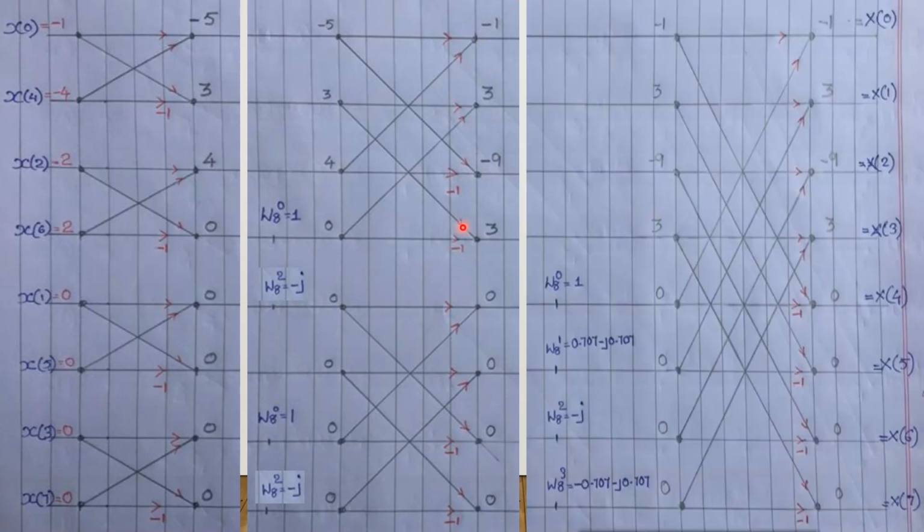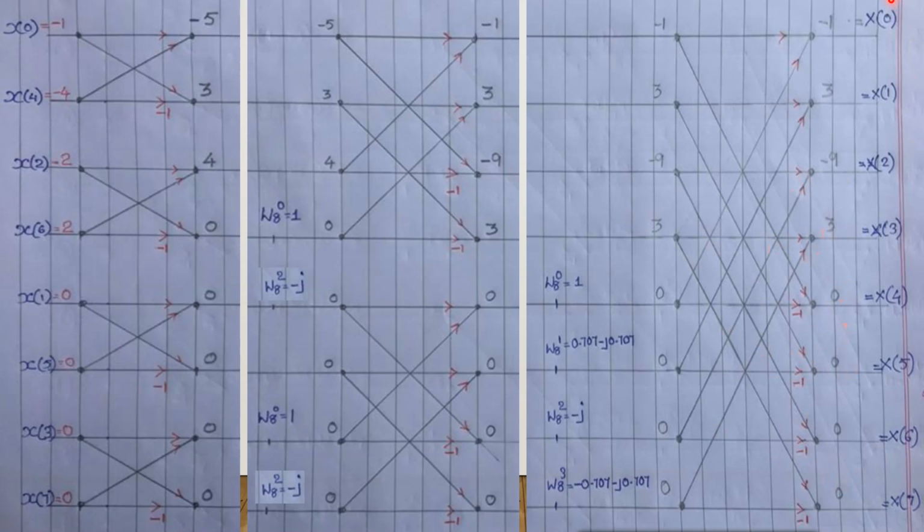And in the third stage, I have written all the samples as the input to the third stage. The last 4 lines are represented by -1, and again the last 4 lines are multiplied with the twiddle factor W8 to the power 0, 1, 2 and 3. Now at this point -1, 0. So -1, and again here 3, 0, 3, and here -9, 0, -9, and again the value is 3 and 0. So 3. Remaining all the values are 0.